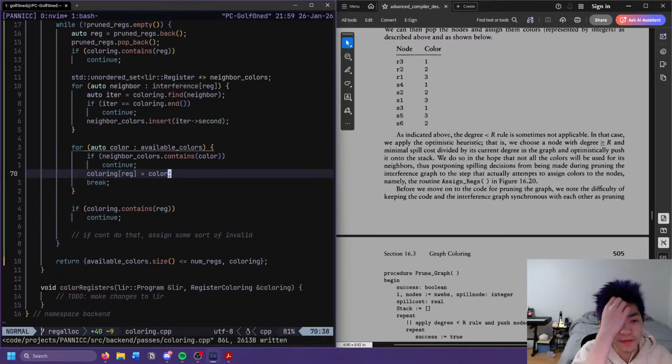Make a function that returns first available registers and null otherwise. Yeah, I guess that makes sense.